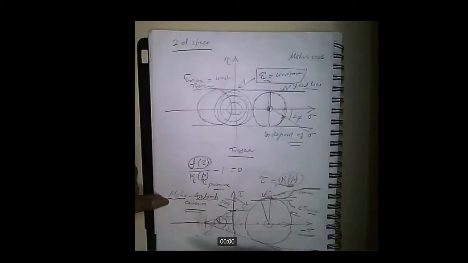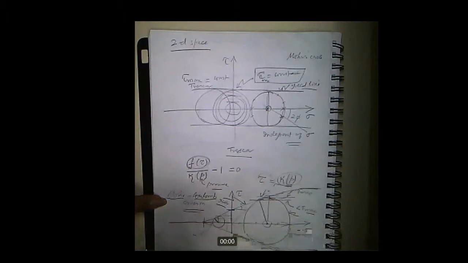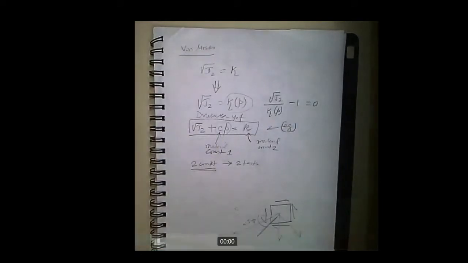Generalization of Tresca would be Mohr-Coulomb. Mohr-Coulomb has been introduced to physically represent a frictional term coming into picture. Here, to physically represent a pressure term coming into picture. There is more to it. We'll take a pass because we have